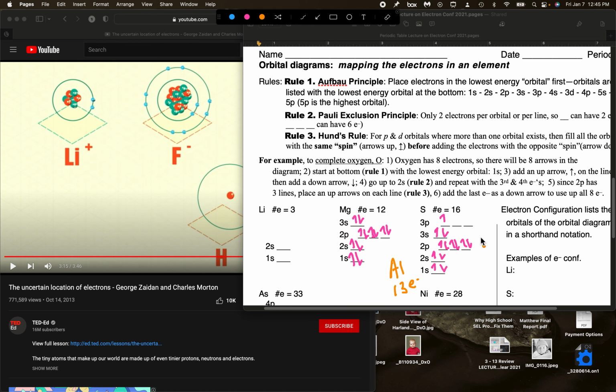You can leave orbitals blank if you run out of electrons. And if I got to aluminum, I would have run out of electrons, and so I'd have these 2 blank ones. All right, continuing. So 13, 14, 15, 16. So I'm going to have 1 down and 3 up in my p orbitals. All right, great. I'm just going to do one more thing here, and that's to connect it back to the